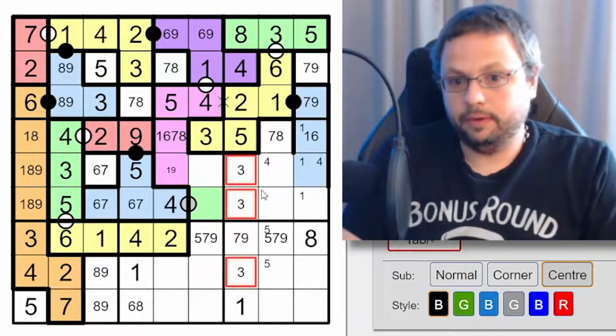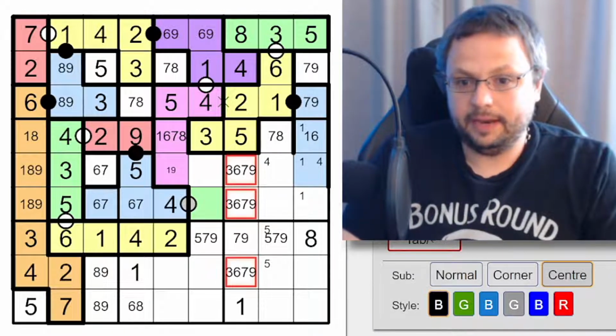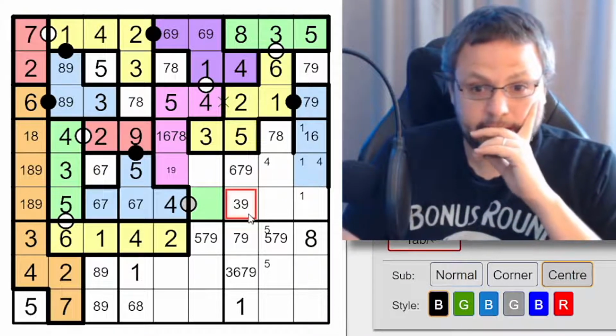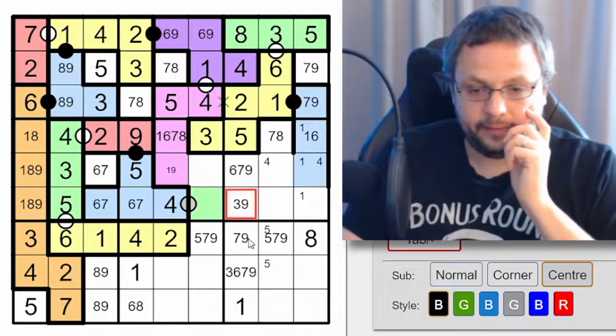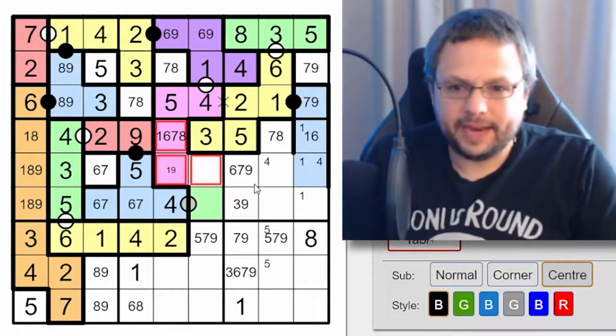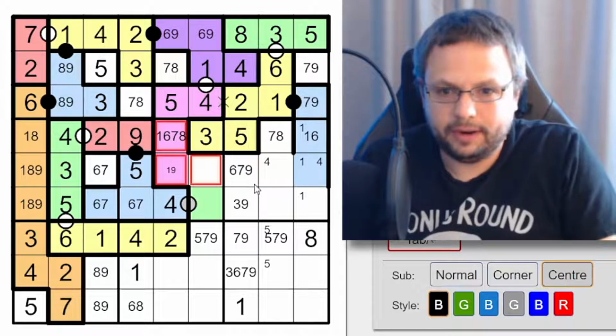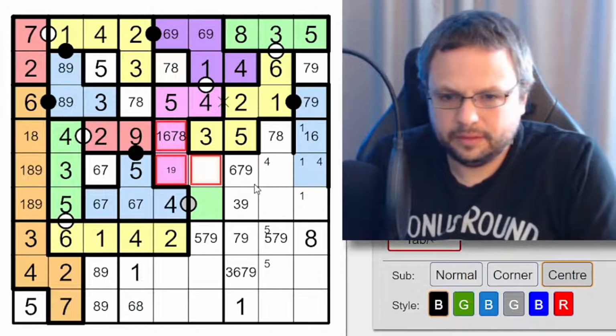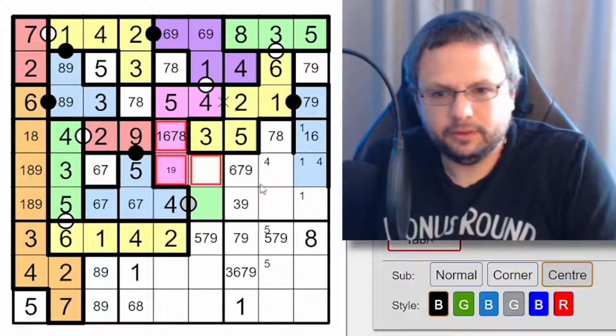We need a 3. We've got a 4 and a 5. We need a 6 and a 7. We've got an 8, and we need a 9. This isn't a 3. This is not a 6 or a 7, interestingly. Okay, I would really like to say this can't be 3 cells that add to 10. That's almost certainly true now, right? Sadly, one of them could still be 2,